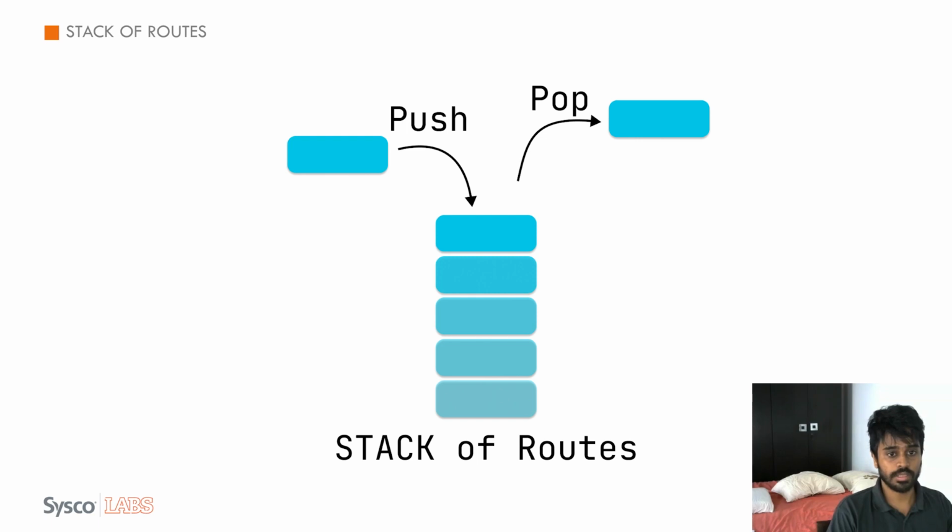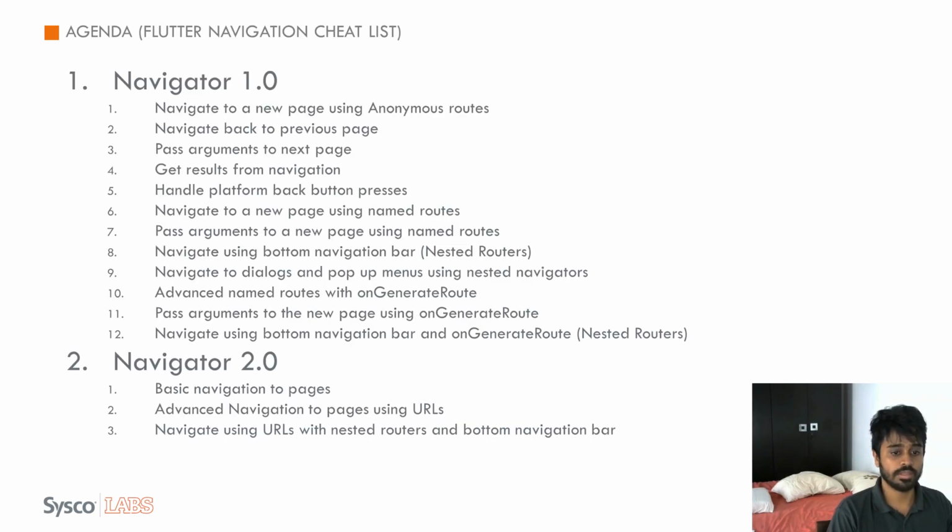Basically, like all the other web applications on the internet, if you type the URL, you should be able to go to that page and access the same state when you share the URL. For the person who's accessing that URL, the state of the application should be the same. If that is the requirement for your application, then you should use Navigator 2.0. That is the main difference between Navigator 1.0 and Navigator 2.0.